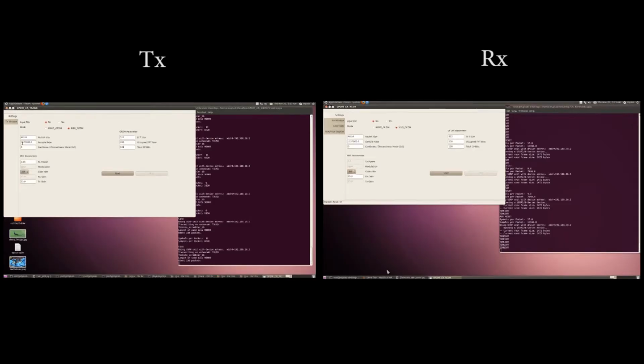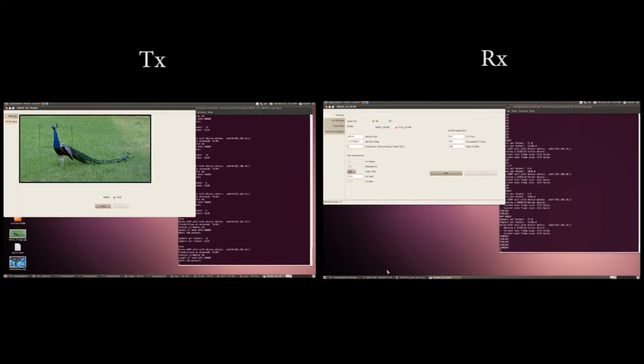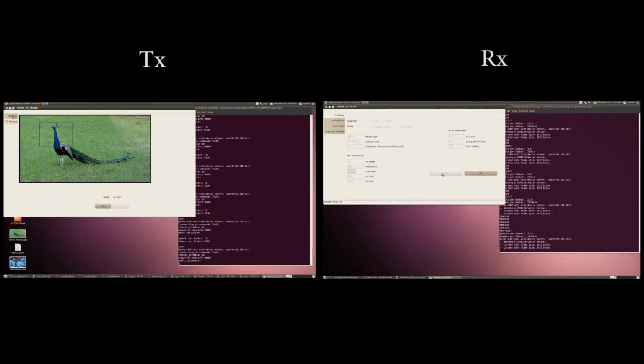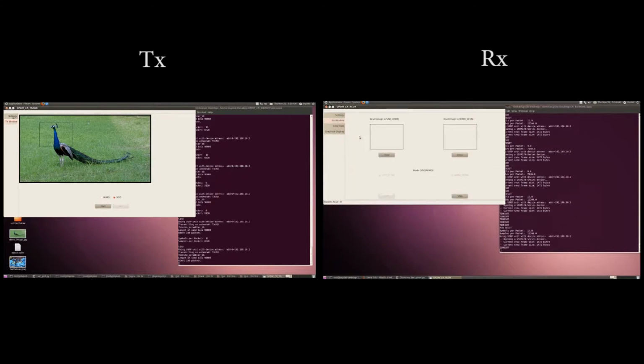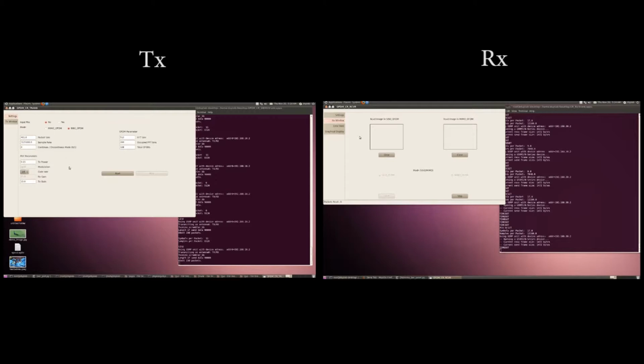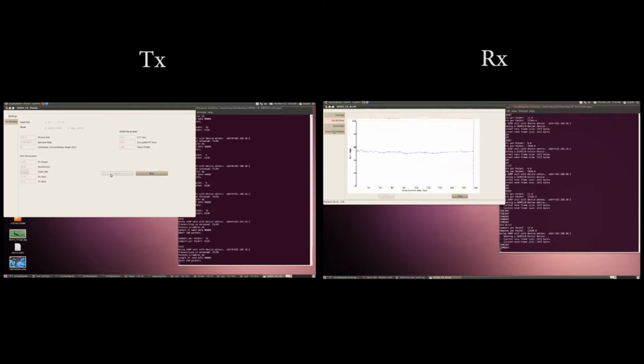Moving on, here is the OFDM CR in action. Using a bitmap from the benchmark image and number of subcarriers as 512, occupied subcarriers as 200, and cyclic prefix of 128 bits, we send the sample data to be received at the RX end. As visible, the image received is imperfect with a high loss and error, as also shown by receiver analytics.